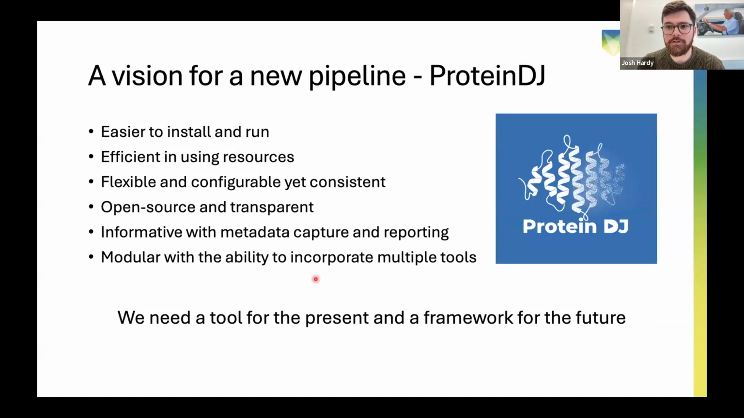So in light of these challenges, we came up with an idea for a new program or an approach, which we call ProteinDJ after Dylan and myself. And it's something that we wanted to make that was easier to install, that was efficient in using resources, something that could be flexible and configurable, yet would give you consistent results. We wanted it to be open source and transparent, so you know what the program's doing, and it's easy to understand. And also that all the metadata is being captured and reported in a way that you can digest and